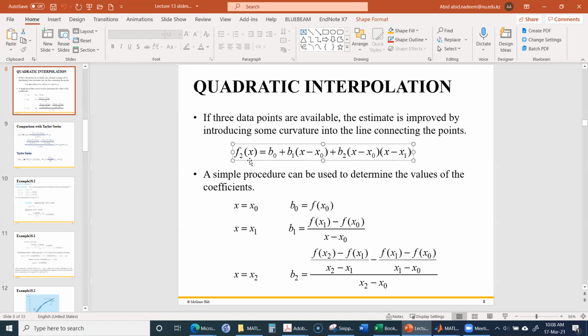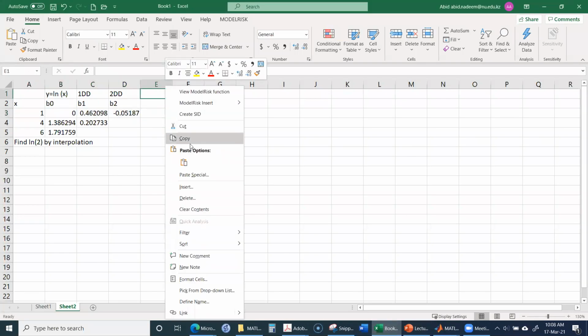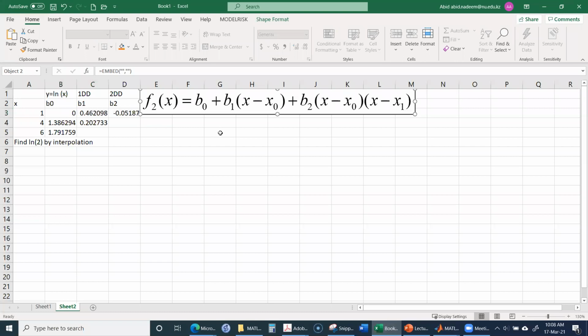Okay, it is this equation. f2(x) is equal to b0 plus b1 times (x minus x0) plus b2 times (x minus x0) times (x minus x1). So this is the equation. So here I have this equation, and using it, now I can find the value of log 2 because we know